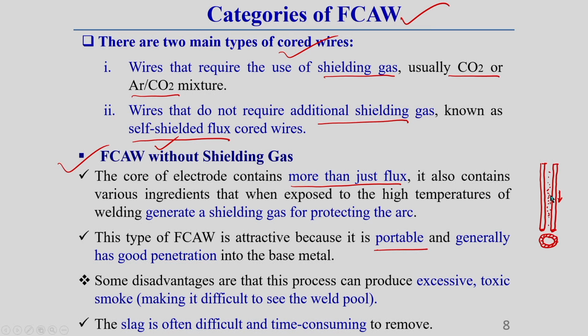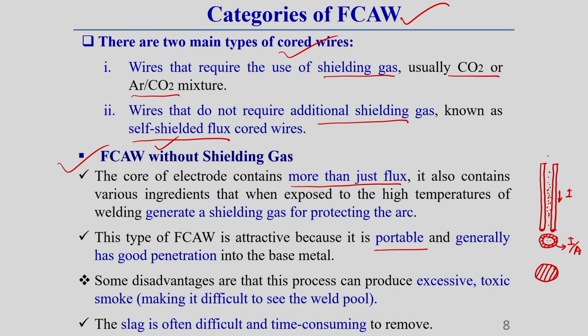Generally, this flux does not carry the current. So here, the current is flowing only through this hollow section. Due to this, current per cross-sectional area matters. If it were solid, then these areas would also be added, and the full area would be used as a current carrying medium.